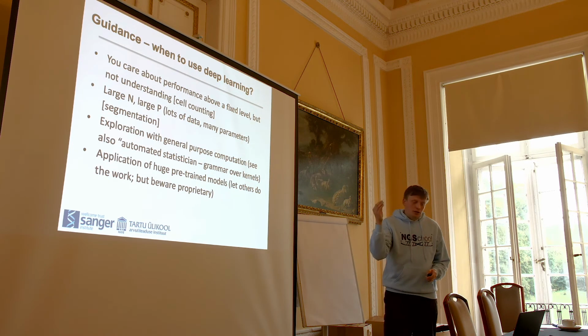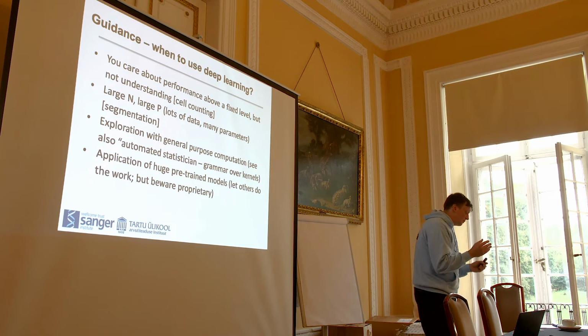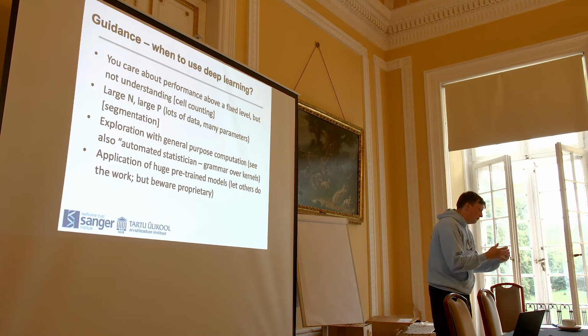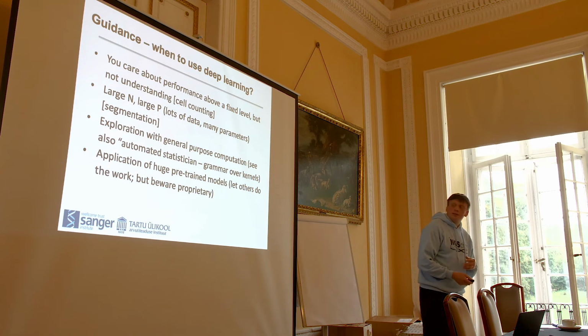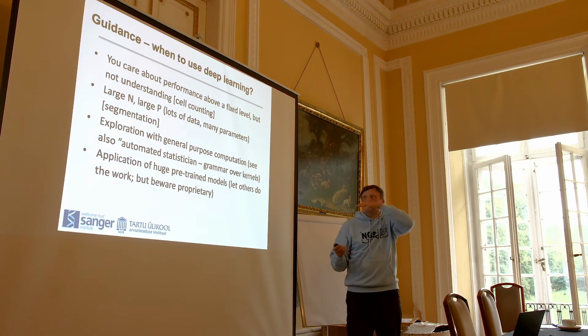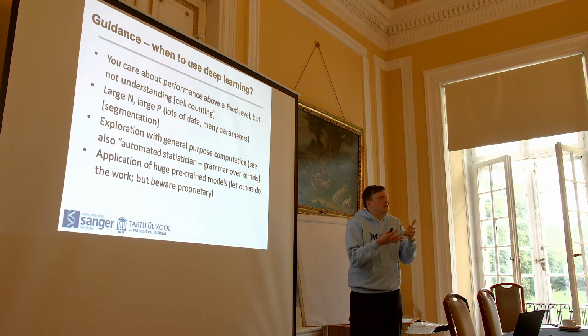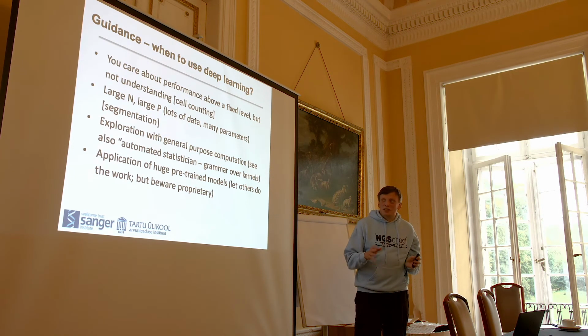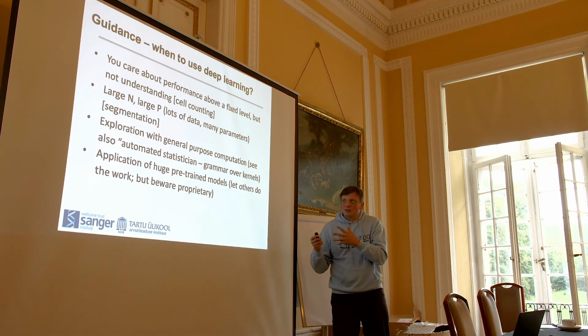You could also think of using deep learning when it's clear that you have lots of data and it's in a very high dimensional space, like single cell gene expression data. And if you don't have one of the two, if you don't have many dimensions, then it's an easy problem, it's just clear statistics. If you don't have large data, then you should not try to fit very large models. So that's quite clear.